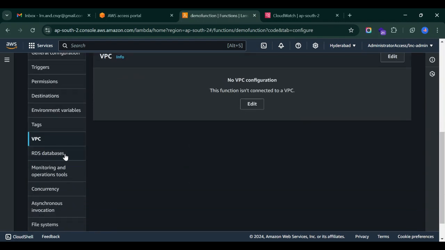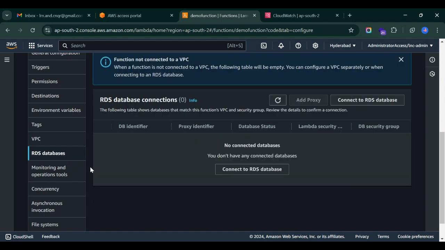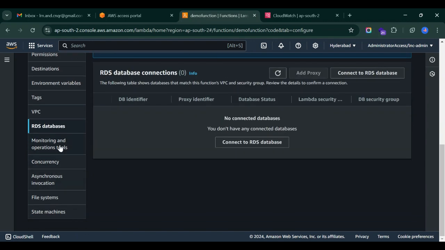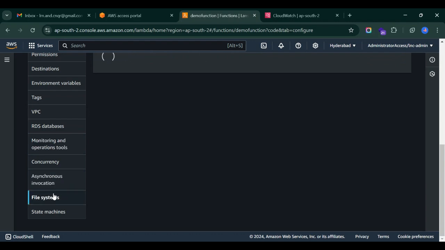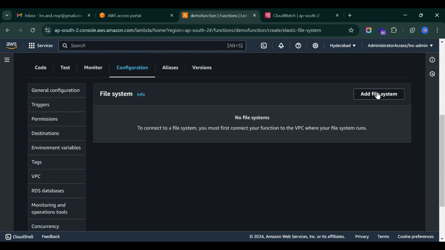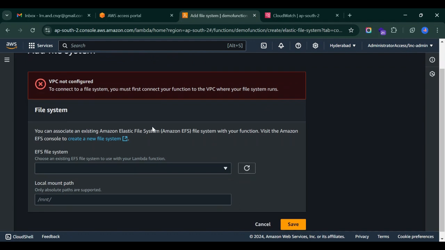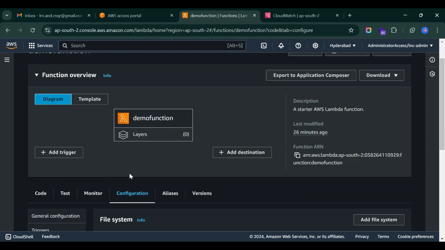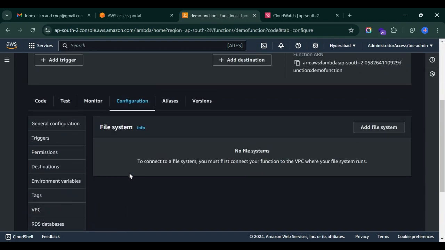Okay, so similarly, you can connect directly to an RDS database from the Lambda console, monitoring, asynchronous invocation, file systems. Okay, so you can add an EFS. For that you need to configure a VPC to add an EFS. Okay, so these are most of the AWS Lambda function